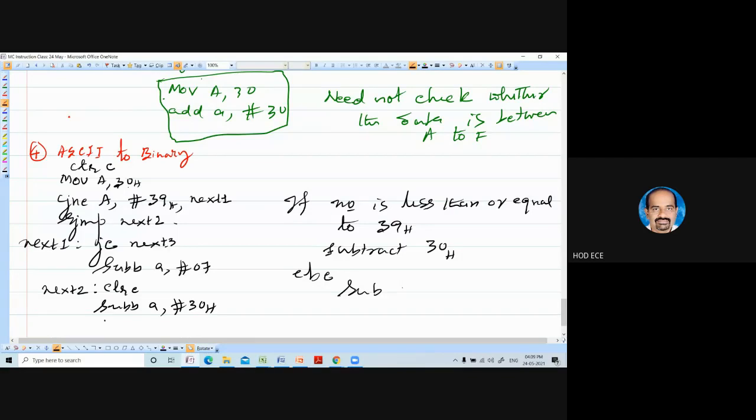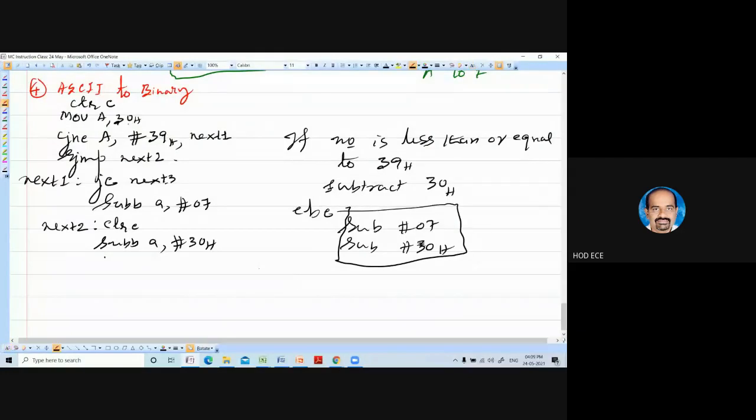Subtract 7 as well as subtract 30. I am writing it separately. That is what you are doing in your program. Extra 7 first you are subtracting. Because subtract 30 is common, no? Subtract 30 is common in both the cases, which you can merge. So SUBB A, 30.